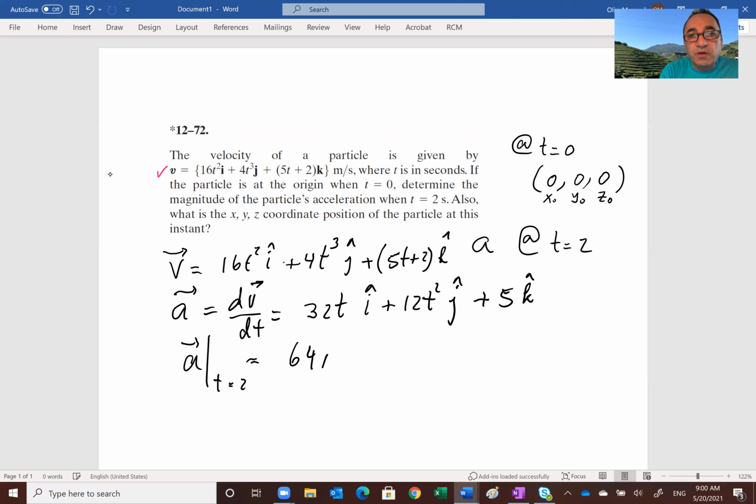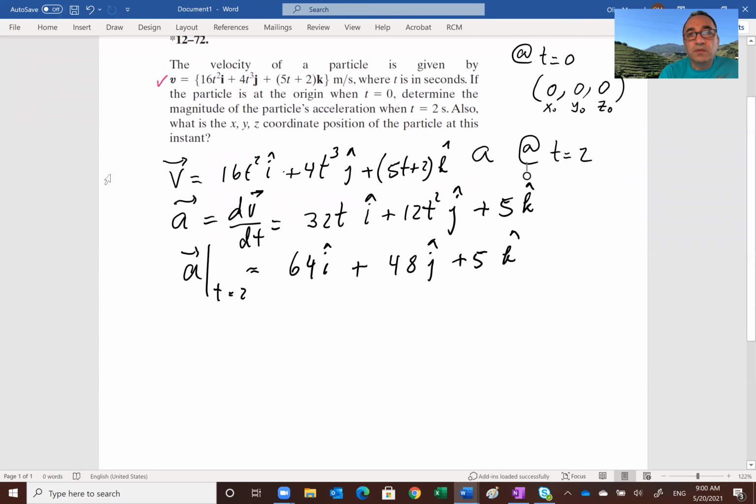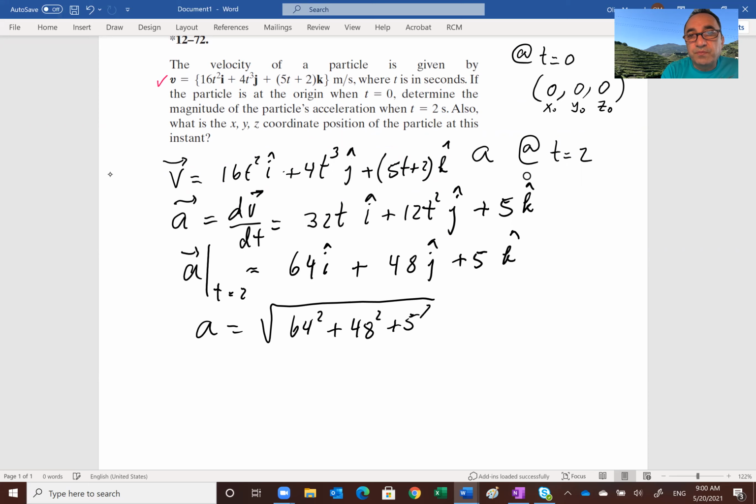What do you get? 64i, 48j and 5k in meters per second squared. So now the magnitude of acceleration becomes what? The square root of 64 squared, just like the problem I showed you a minute ago, right? Take each component, square it, add it, take the square root. I have the answer right here: 80.2 meters per second squared. Okay, so that takes care of determining the magnitude of the particle's acceleration when t equals